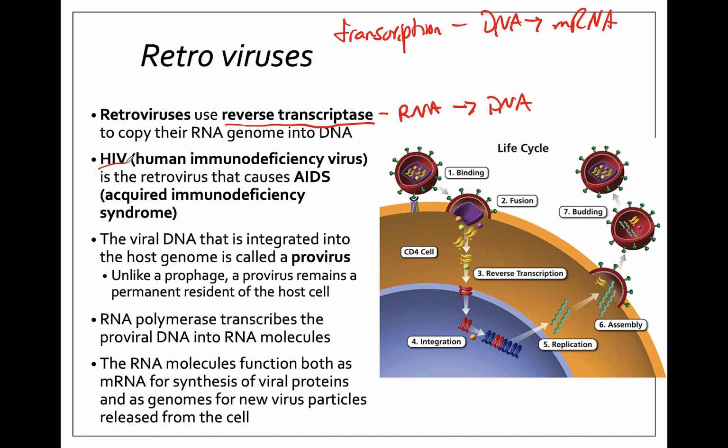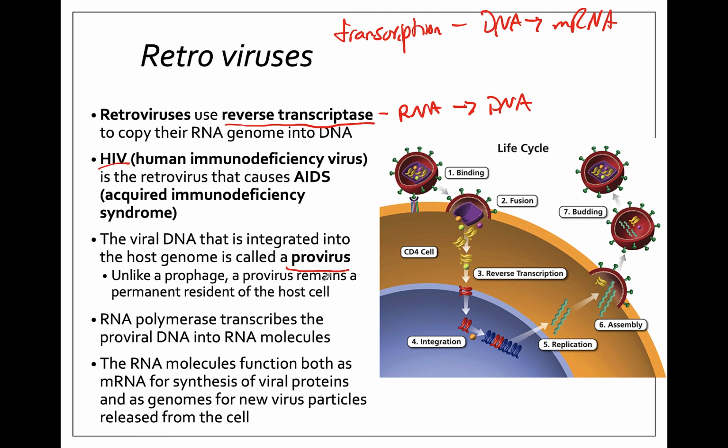So HIV is a common human retrovirus, and this is going to require the body to turn the RNA back into DNA before it can build all of the proteins and new RNA molecules for the virus to go through its replication cycle. In humans, it's going to encode some of that DNA into the human DNA code, and